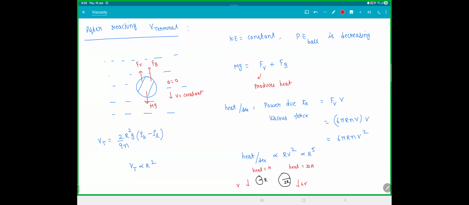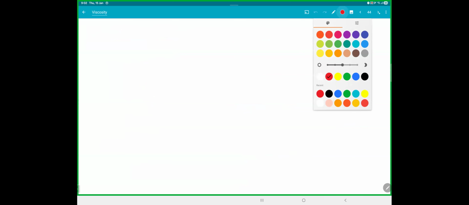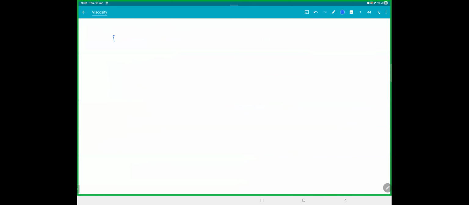But there is something else here. If mg is Fv plus Fb, okay, Fv is producing heat, what is Fb doing exactly? Making sense? All your energy is not becoming heat. All the potential energy that you lost, some part of it is becoming heat, and the remaining part is going somewhere. So if you actually look at the power due to buoyant force,